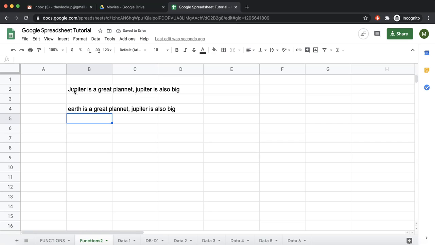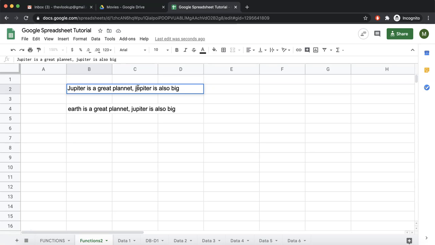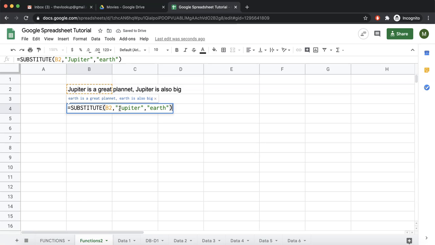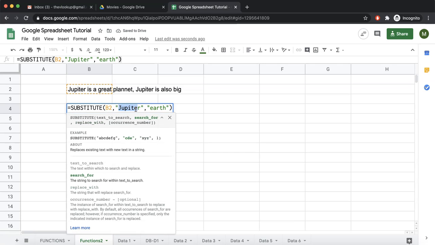Now this has only replaced Jupiter and not this Jupiter, because if we convert this to capital J, okay, because we had asked to search for Jupiter with capital J. So by default, it replaces everywhere where it finds the search string. That is what it means, that default is one. So you can just leave it and it will replace everything.